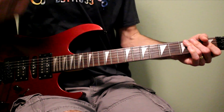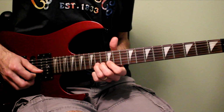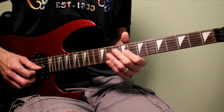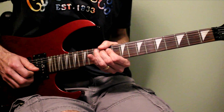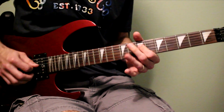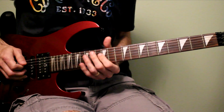Okay, that's basically the feel. That's a bend and release as well. Half bend. Bending to the 15th. And then 11th fret. Vibrato. Open G. Slide up to 12. Open G again. And then a full bend at 12th fret. And then 7th fret D. Some good vibrato there. And then the last riff that he plays, kind of as it's fading away, is a